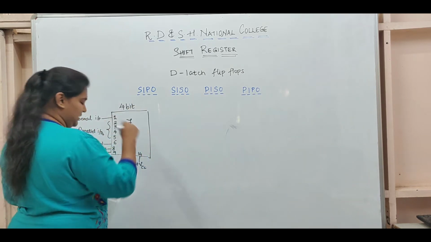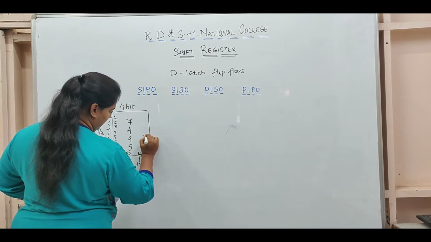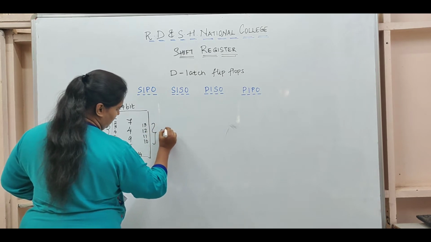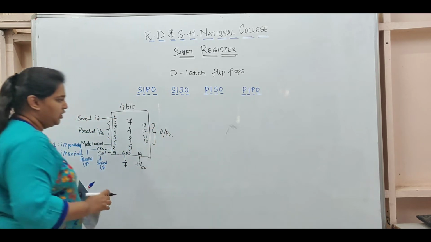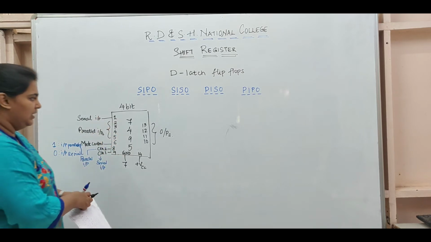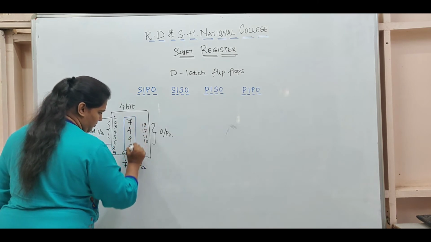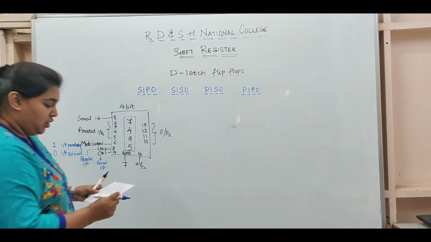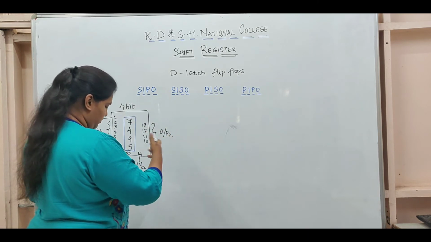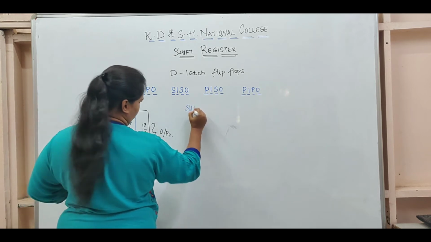Now coming to the remaining pins. This is basically a 14 pin IC, and the remaining pins are 10, 11, 12 and 13, which are nothing but my outputs. So this is how the connection of the IC looks like. This is our IC number 7495. So going on, now first let us talk about serial in, parallel out, like I've written here.